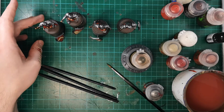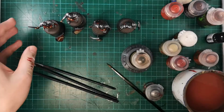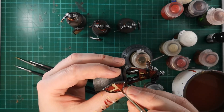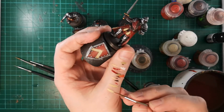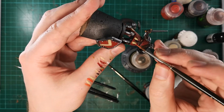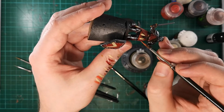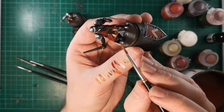So the 50-50 red and Fire Dragon Bright mix looks like this. So, kind of a deepish orange, I suppose. So again, I'm going to trace that in a line along the pattern. Like that. And then using this just behind the tip of the brush, just to draw it along the edge of that hem, I keep some shade along it, but then I'm highlighting the bottom edge, and then I do a focused highlight along that hem, same there,